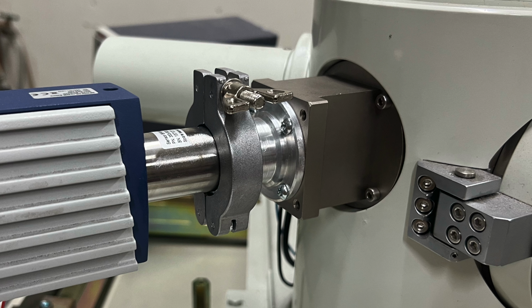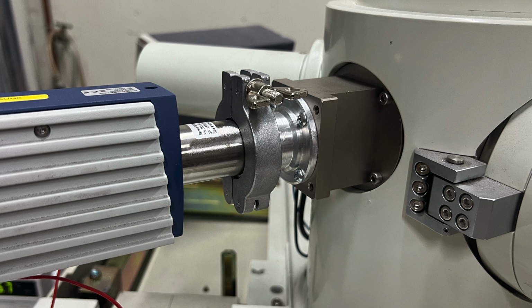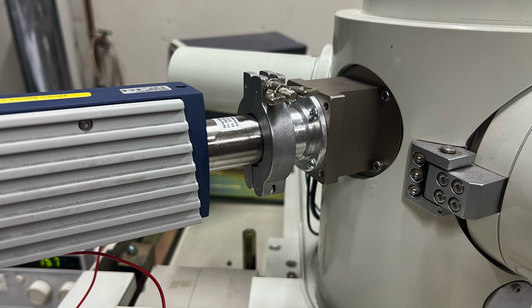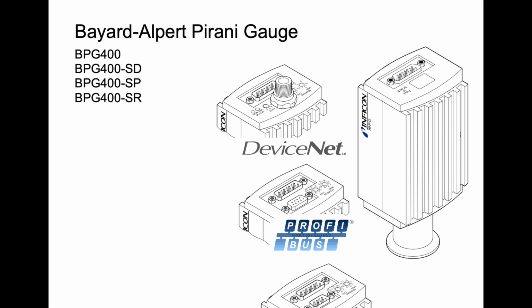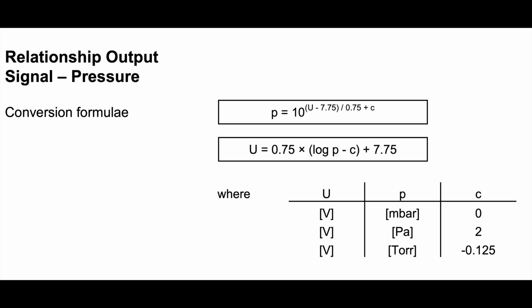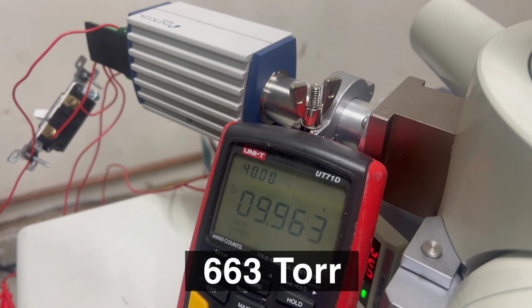To that end, I manufactured this aluminum adapter so that I could connect my own vacuum gauge and measure the pressure myself. The gauge will replace the X-ray detector for now. This gauge outputs a voltage between 0 and 10 volts, which can be converted to a pressure reading using this formula. For expediency, I am simply hooking up a voltmeter, and I will overlay the actual pressure in the video where necessary. Okay,